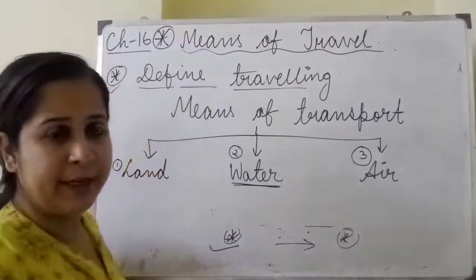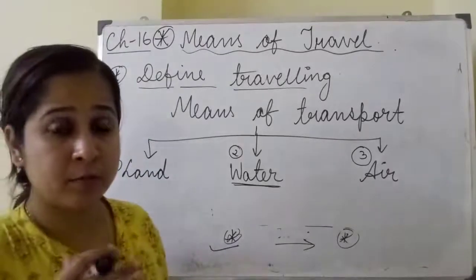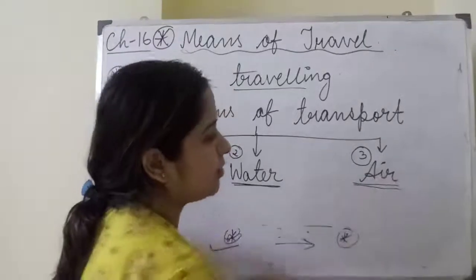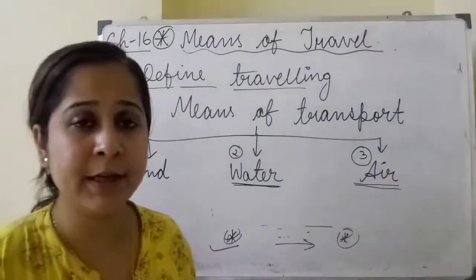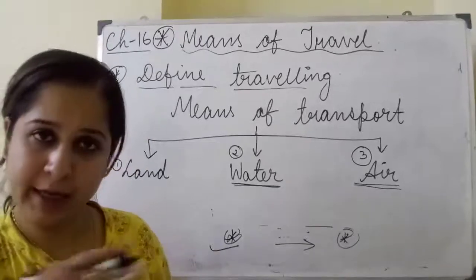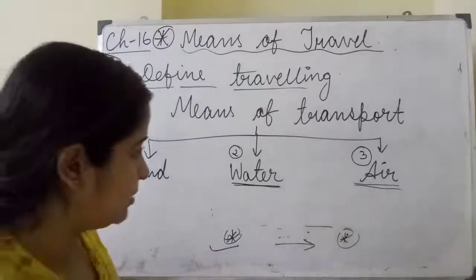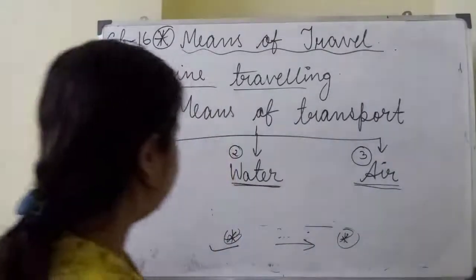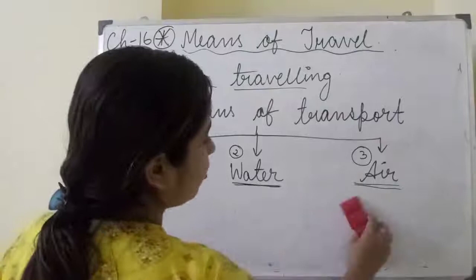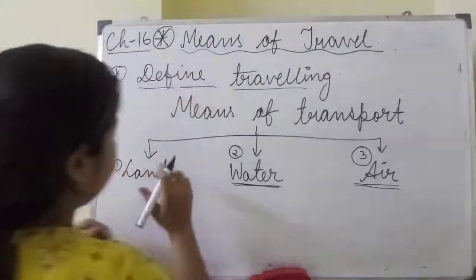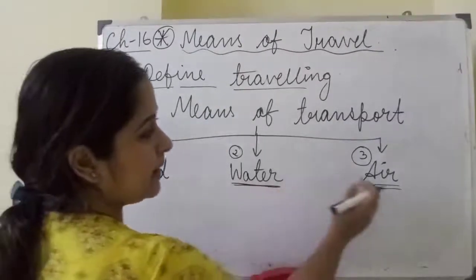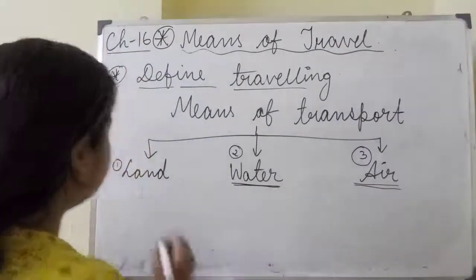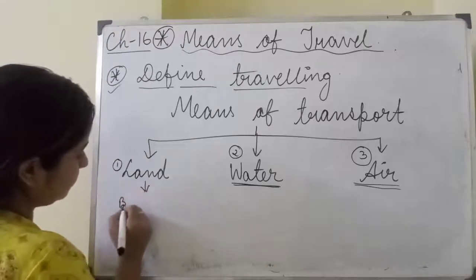It means a journey which we complete through the waterways. Third is air transport. Air transport means a type of journey which we complete by the medium of airways. But now you see that these three different types of means of transport, land transport, water transport, and air transport, have their own kinds of vehicles to run on them. First, land transport is